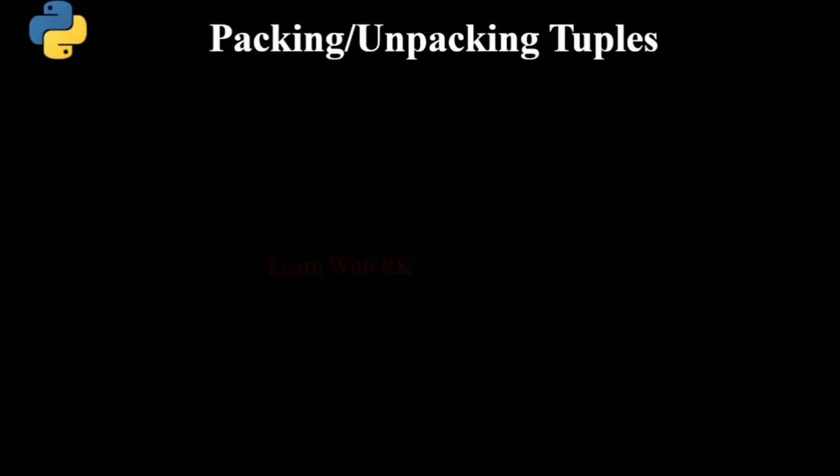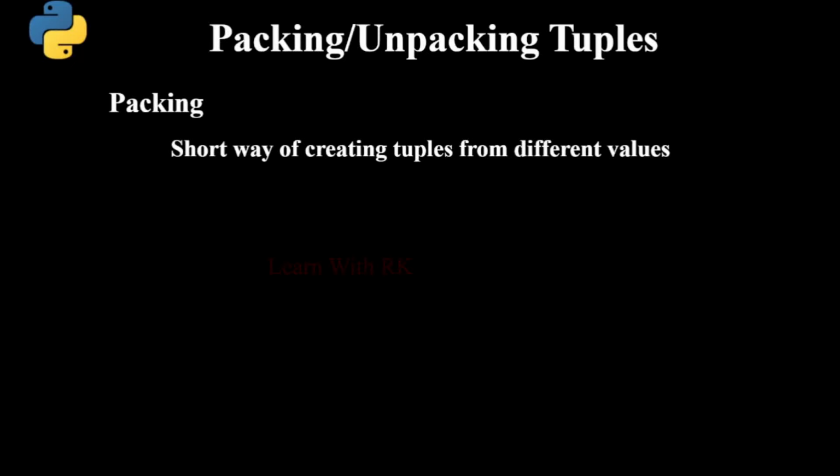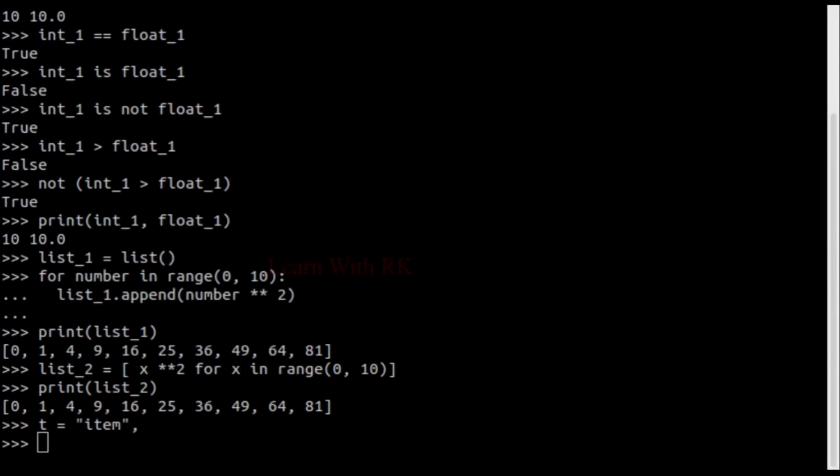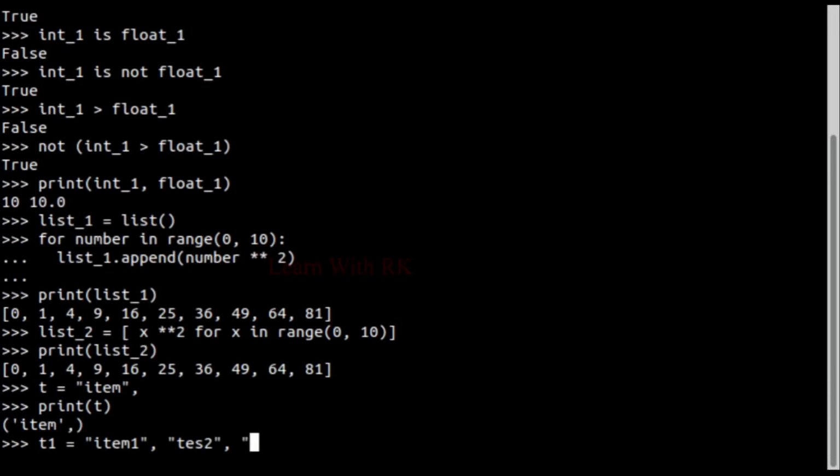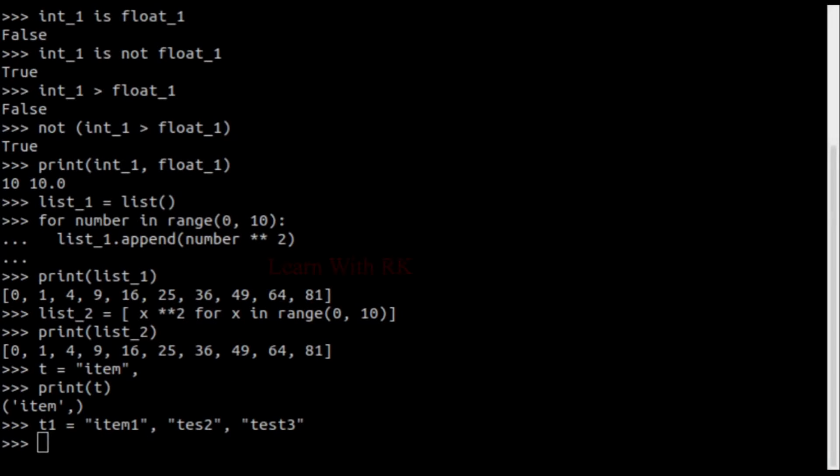We have seen different ways of tuple creation in the same video that I mentioned in the previous section. Sequence packing is another way of tuple creation. Let's look at an example of how we can create a tuple using sequence packing. Please note the comma at the end of the string. It informs Python to create the tuple using a concept called sequence packing. How can we create a tuple with more than one element using sequence packing? It is very easy. You can keep adding the elements with commas. Here I have created a tuple with 3 items in it.